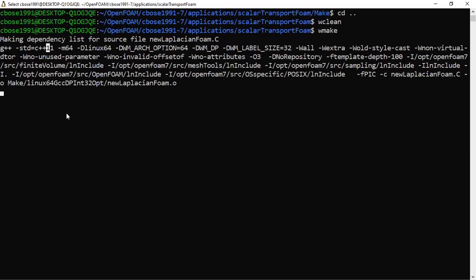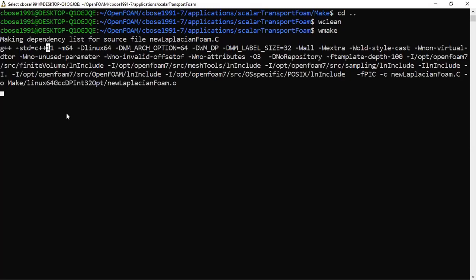Sir, I'm getting an error: no rule to make target. That is the permission issue. So either you have not installed your main OpenFOAM in the opt folder, or if you are installing in the home folder, you should change the permission of your operating system.